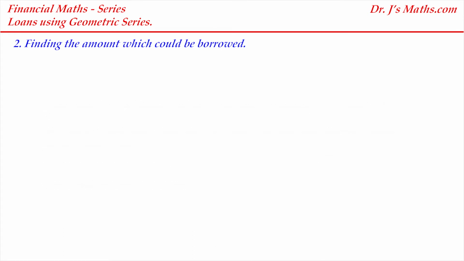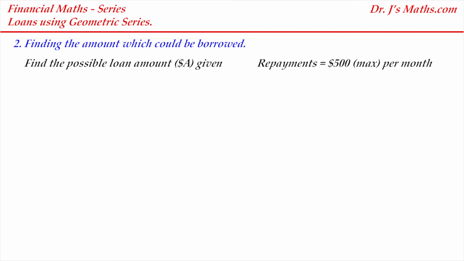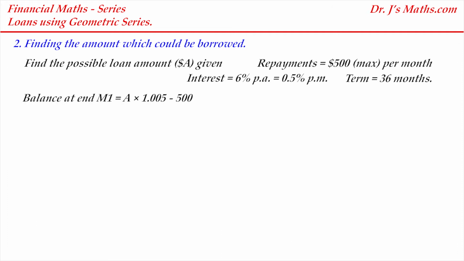Again, we just summarise the essential aspects of this problem. We've got to find the possible loan amount, and she's able to pay $500 in repayments. The interest rate is going to be 6% per annum, which translates to 0.5% per month, and the term is 36 months. So let's go. The balance at the end of the first month for Grace is going to be the amount that she's going to borrow times the interest, 1.005, which includes the original component plus the interest component, of course, minus the repayment